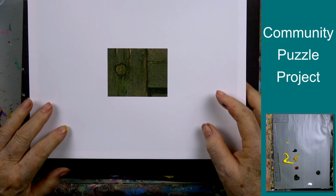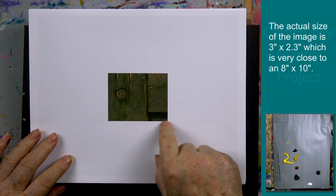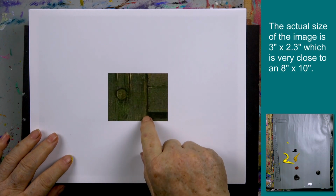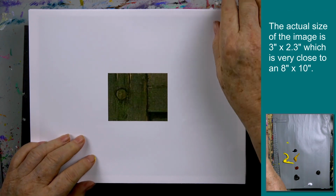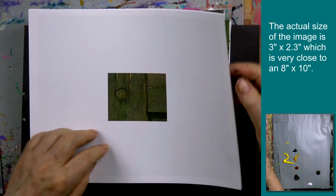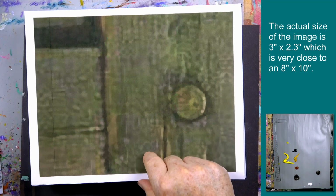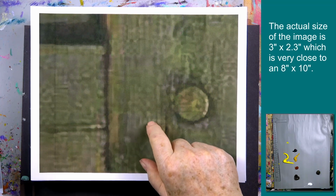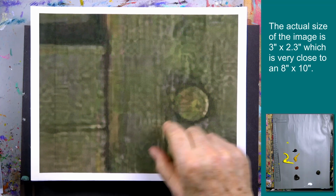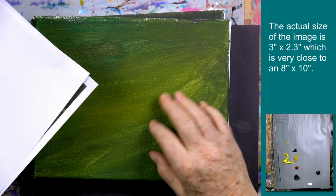Every one of you will have gotten a different piece of the puzzle, and we will email it to you, and it will be this size. But that's a little hard to see, so we suggest you enlarge it to this size, which is basically 8 by 10. All right? So you're going to make your piece a little bit bigger, and you're going to print it out 8 by 10. And I'm going to suggest that you paint it on an 8 by 10 canvas